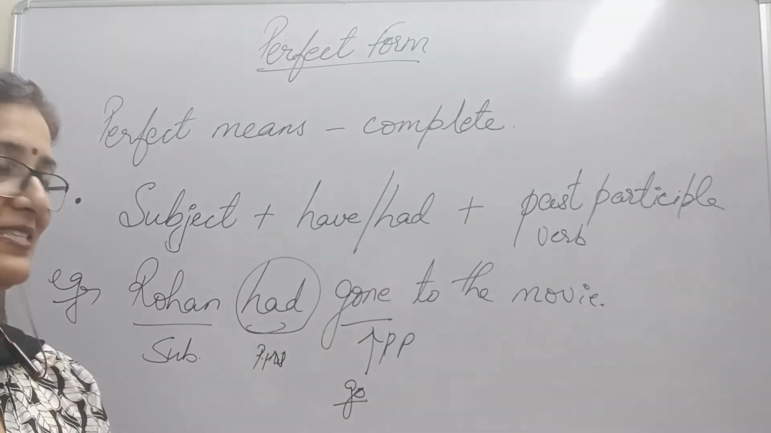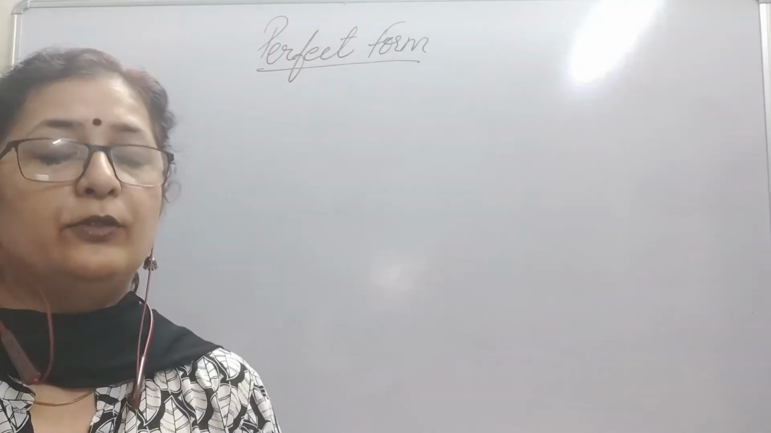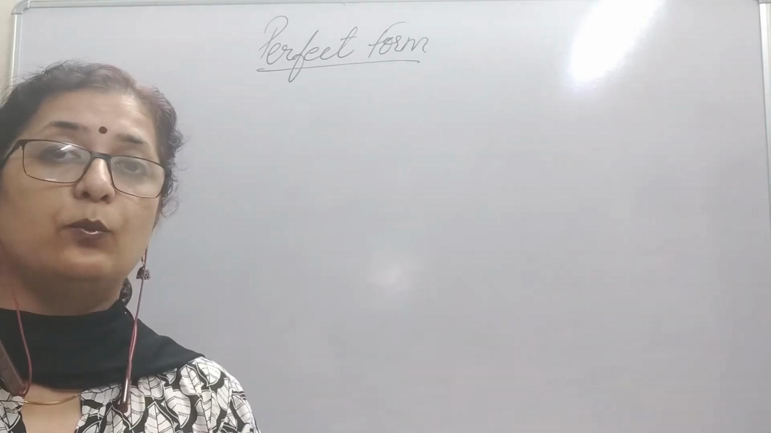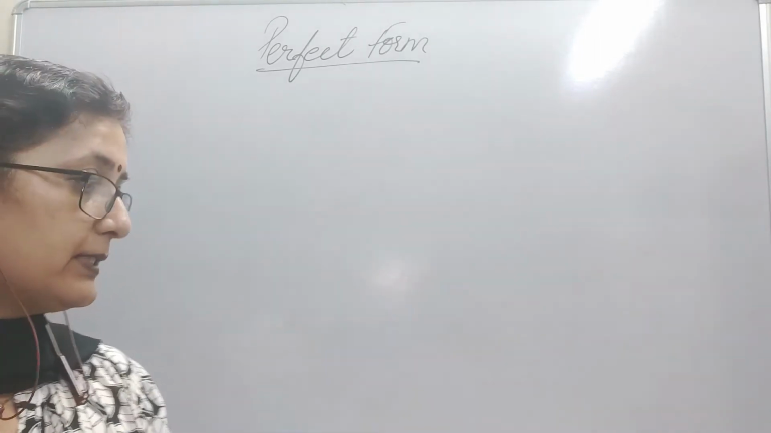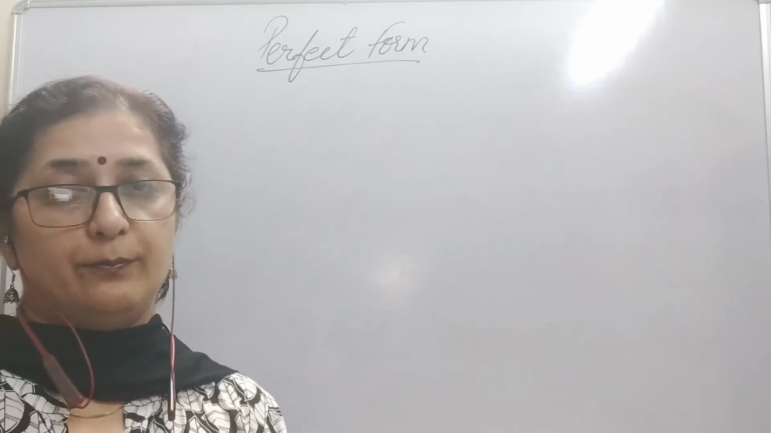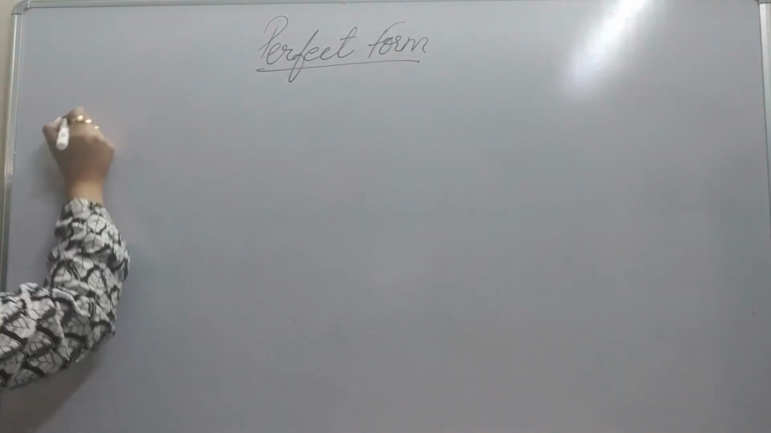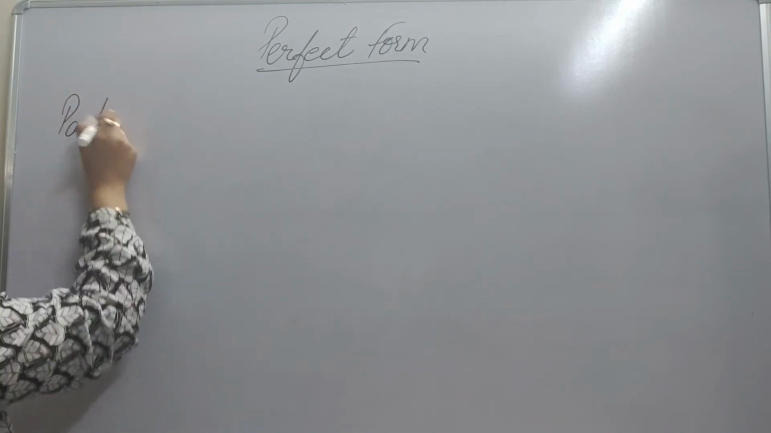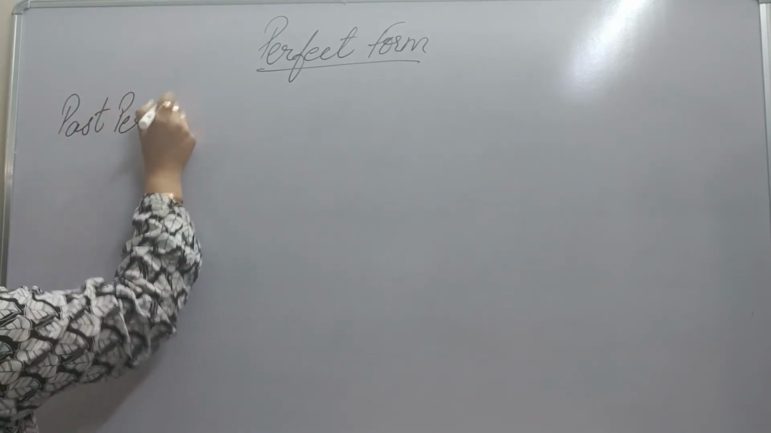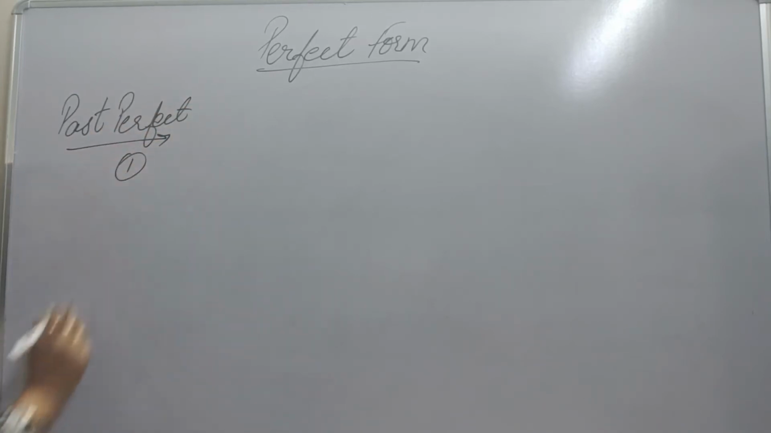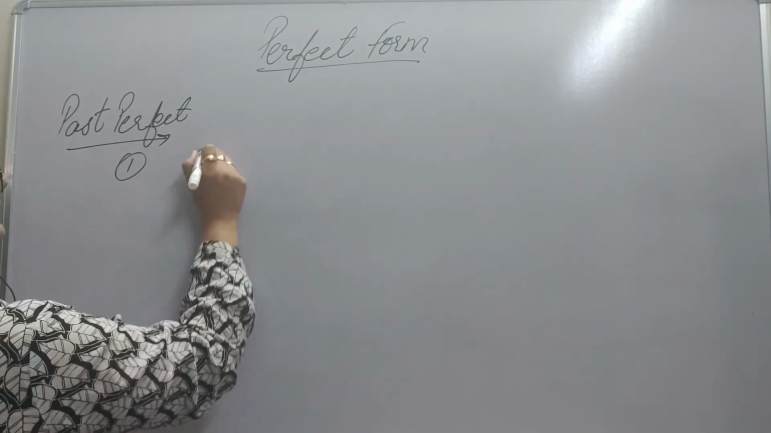Now I'm going to tell you the different parts or different ways in which we can put this. Suppose it's in the past form or in the present form or in the future form. Let me give you examples. First, let's begin with the past perfect examples. Okay, the past perfect example. The first one, I had seen